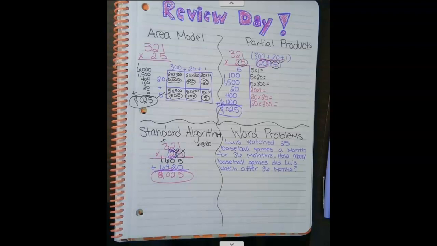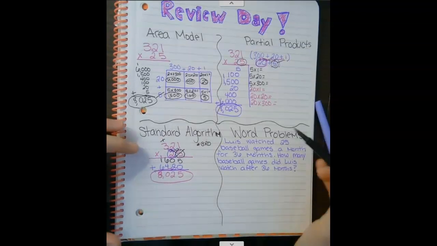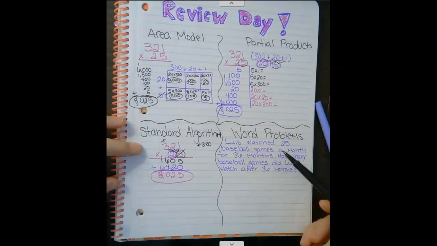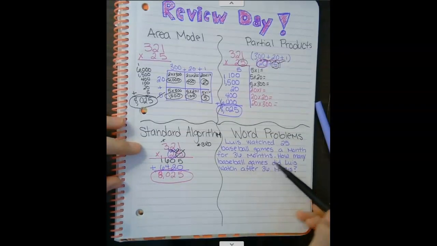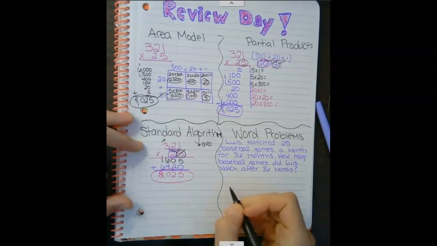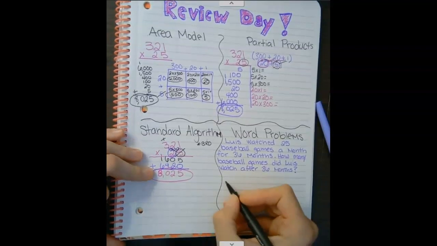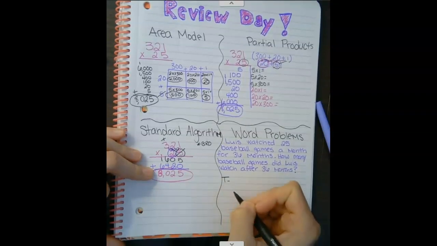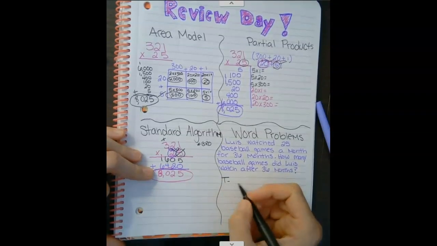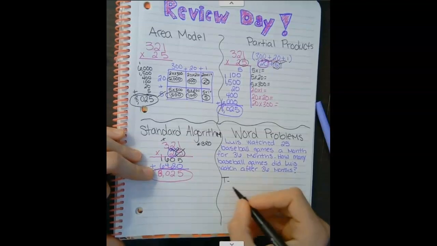Now we're going to take a look at our word problem. Okay. So our word problem reads, Luis watched 25 baseball games a month for 36 months. How many baseball games did Luis watch after 36 months? Well, we're going to use our same acronym that we've practiced for the last couple of days. So we have our T, which is think. Okay. So I'm going to say that this is about